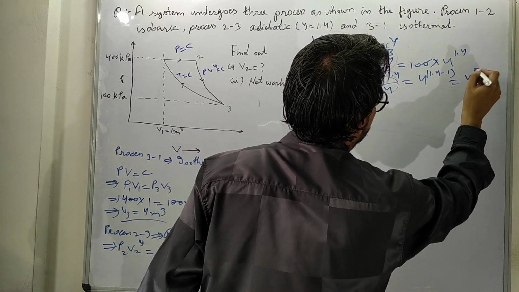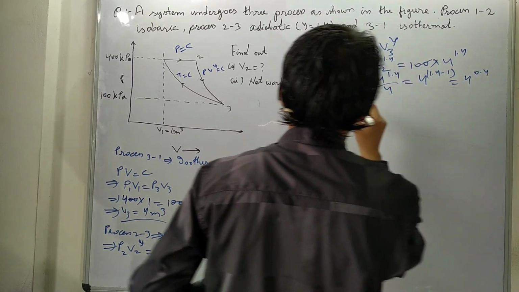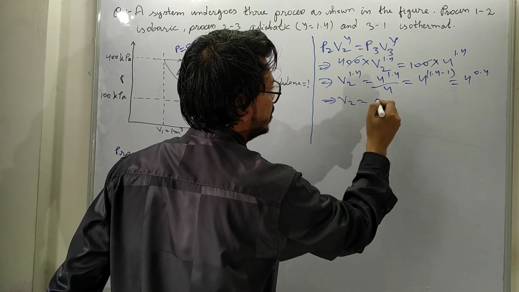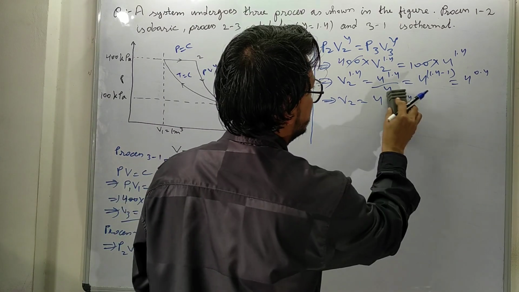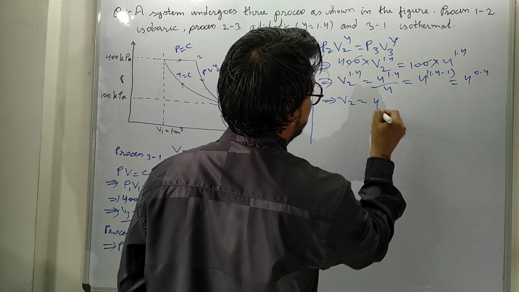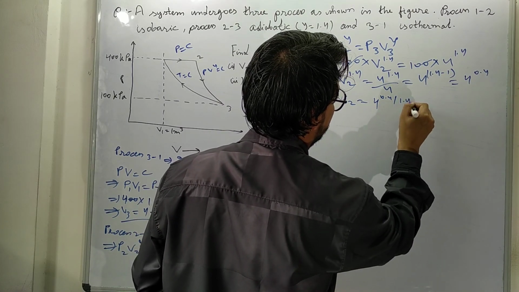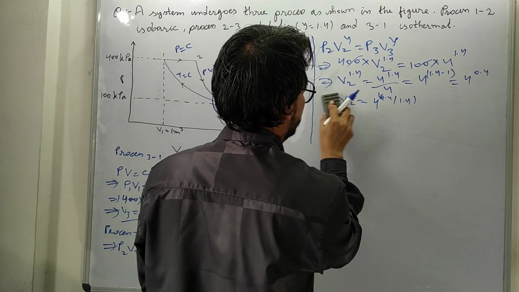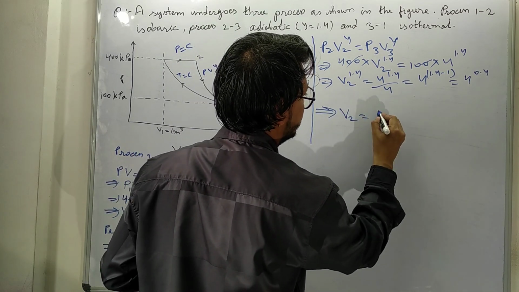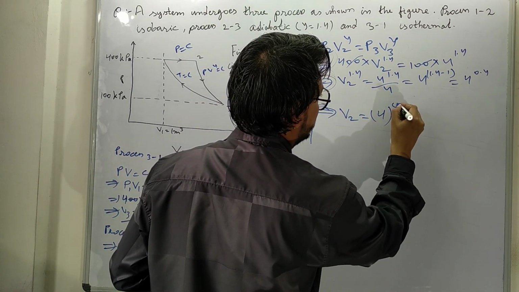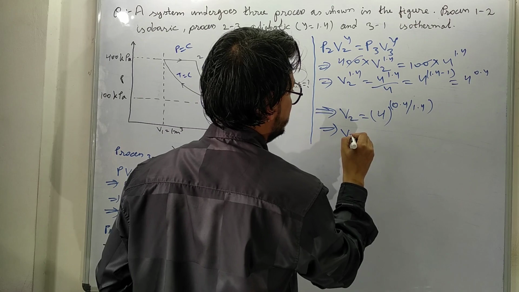So it is 4 to the power 0.4. This implies V2 is equal to 4 to the power 0.4 by 1.4. V2 is equal to 4 to the power 0.4 by 1.4. On solving, we get the value of V2 as